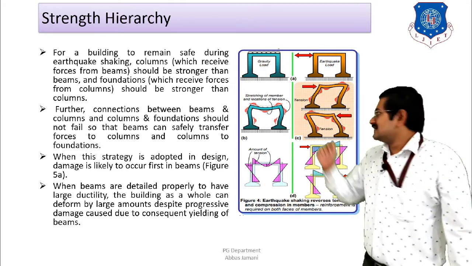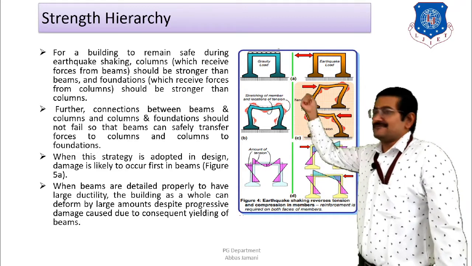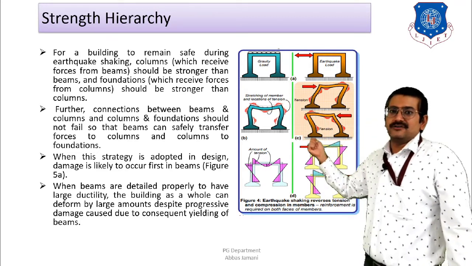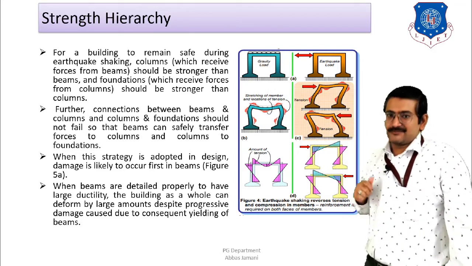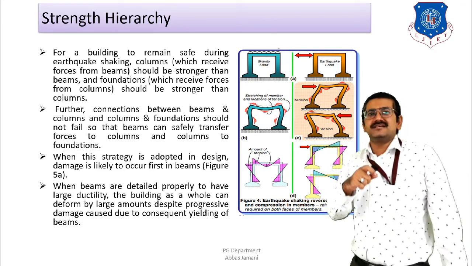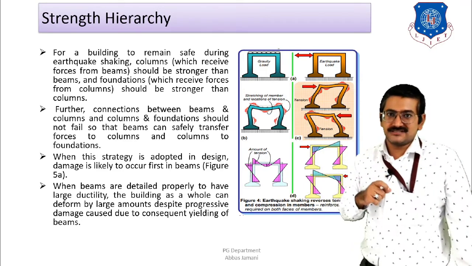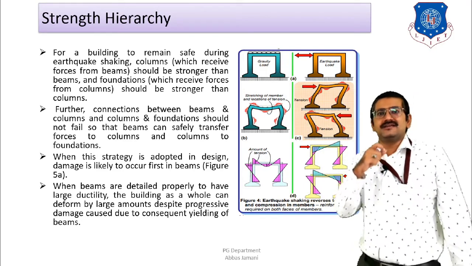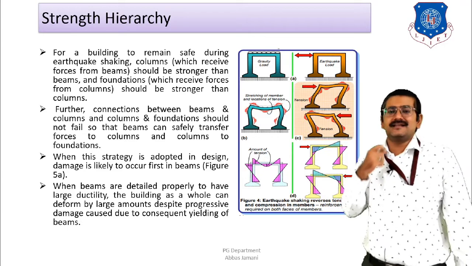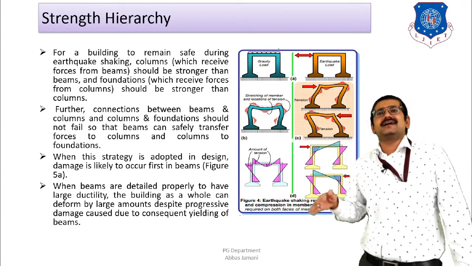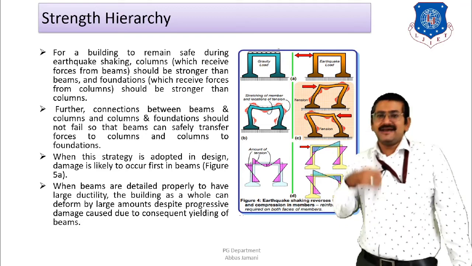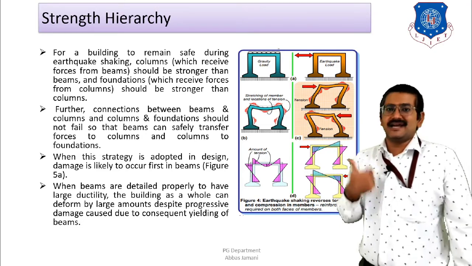Whenever the force is applied from left to right, the column on the left is going to undergo tension and the column on the right is going to undergo compression. But in case of horizontal forces, we always consider the reversal of stresses. That is, when we calculate the horizontal forces, we consider that the force is applied once from positive x direction, and second time from the negative x direction, and same for positive z direction and negative z direction.